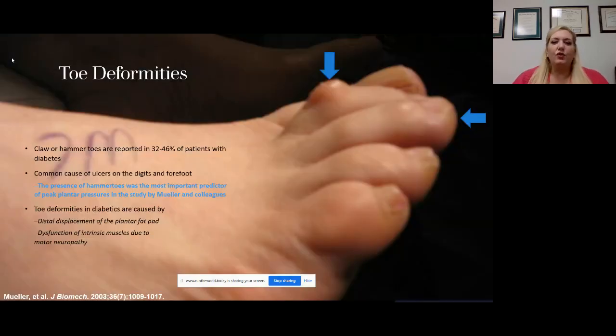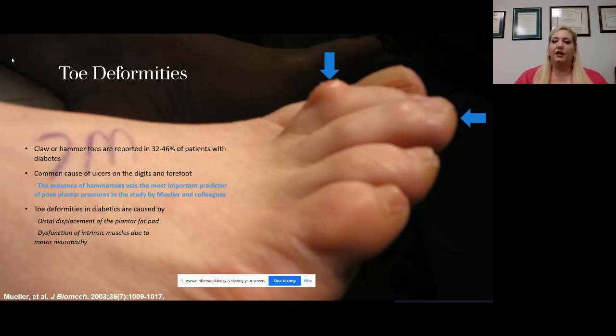These are the toe deformities we spoke about. Because of that motor neuropathy, hammer toes are actually reported in a great number of our diabetic patients. It's been estimated 32 to 46% of patients with diabetes have hammer toes because of that muscle wasting. It's a common cause of ulcers on the forefoot, and the presence of a hammer toe in one particular study